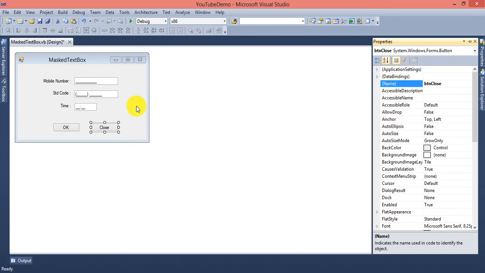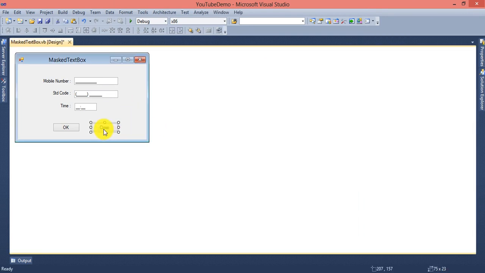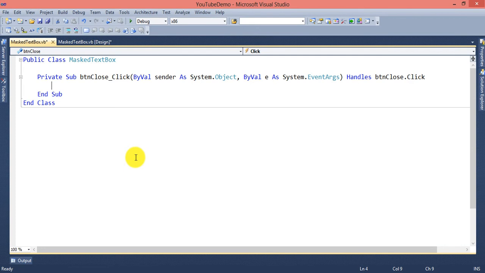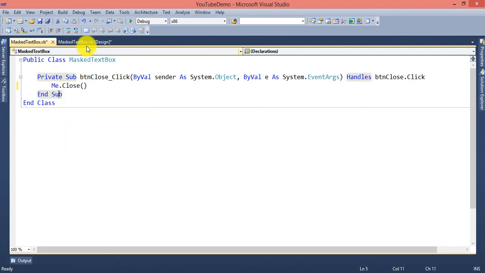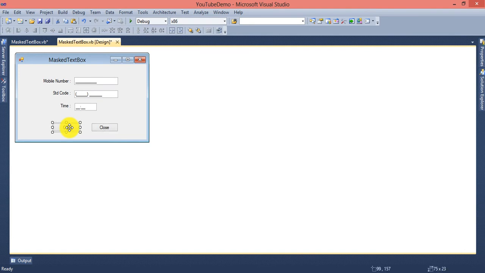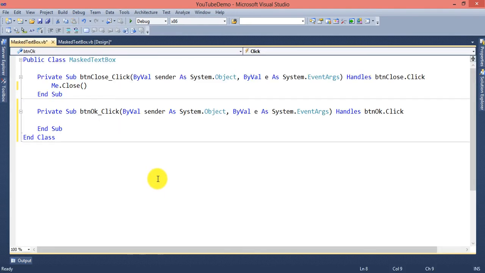Okay, you know very well what the coding for close is. You just have to write Me.Close, that's it. Okay, and in the OK click, you just display a message box with information about those three data.